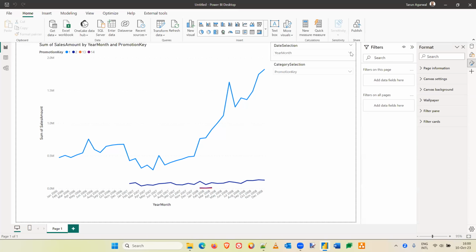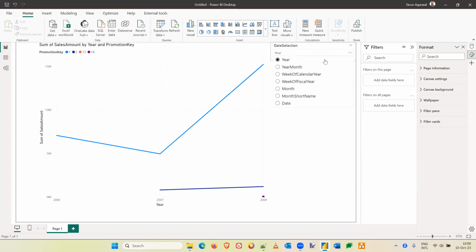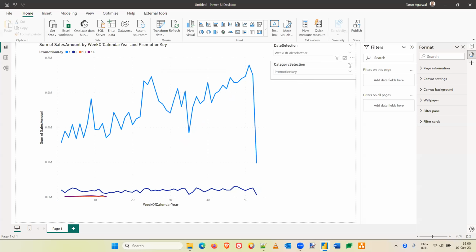So I do believe we are on top of the hour, and I hope that you were able to make some sense of using a calendar table to enrich your reporting, to move beyond the basic dates that are already available and the options that come with basic dates. This gives you a bit more of options, and I have not yet touched upon